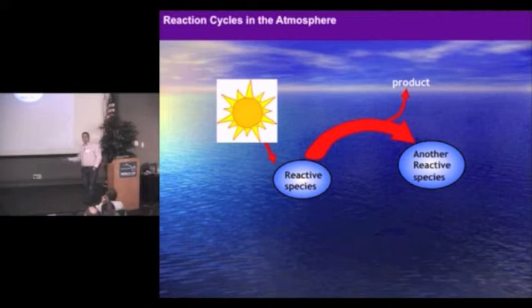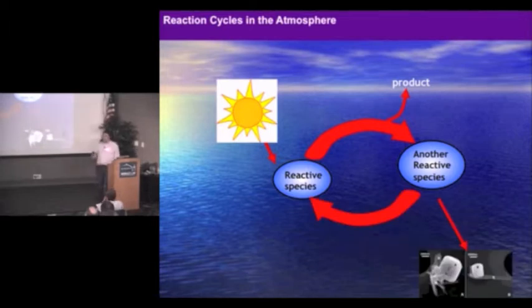This could be something detrimental to health, or it could be CO2, or it could be nicely removing things away from the atmosphere. So we've got to get some idea of the oxidizing capacity of the Earth's atmosphere, try and predict the concentrations. Unfortunately, those reactive species are also very reactive, and what they can do is actually go back to where they started from. And what they'll do is they'll go round and round this cycle, producing more and more products. Some could be in the gas phase, some could be solids as well, some could be particulate matter as well,